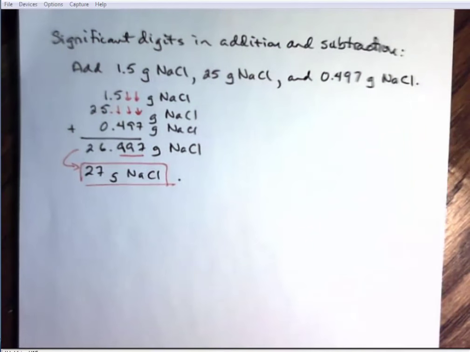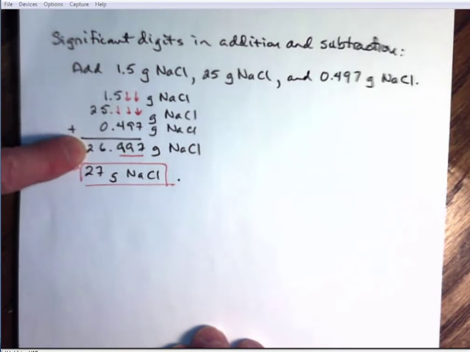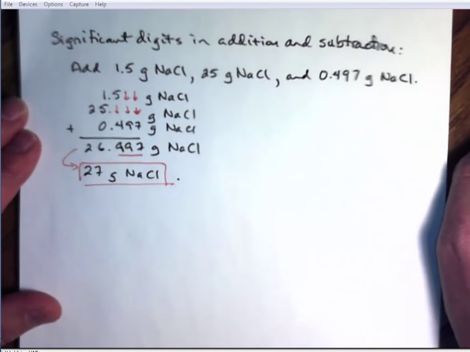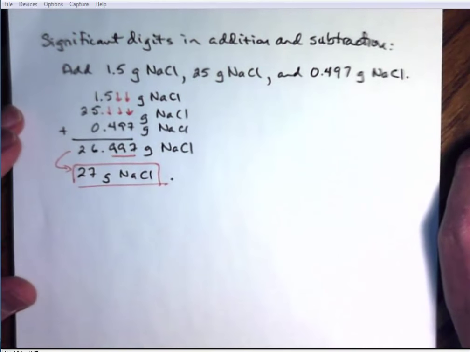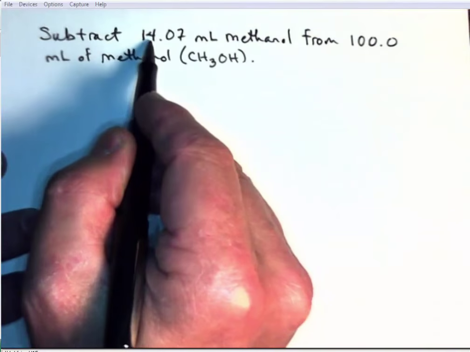And it works the same way for subtraction. When you subtract, you use the same rules. Line up your digits, get rid of any digits or round off any digits at the end that result in empty slots to the right. I didn't round off any digits to the left due to empty slots. It's only digits to the right we're rounding off. You got that? I've had students get confused about that, so I try to make sure that I'm as clear as possible on that subject. So we're going to subtract 14.06